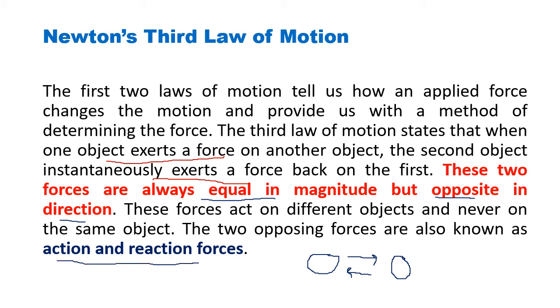Now don't be confused by the words action and reaction. It is not here that action occurs first and then the reaction occurs. No. We have only named them action and reaction. So if the force of body A on body B is action, then the force of body B on body A is reaction, but action and reaction occur at the same time. Means if you hit your friend and your friend hits you back, that is not an example of action and reaction because it is happening one after the other. In physics here, action and reaction occur at the same time, simultaneously.